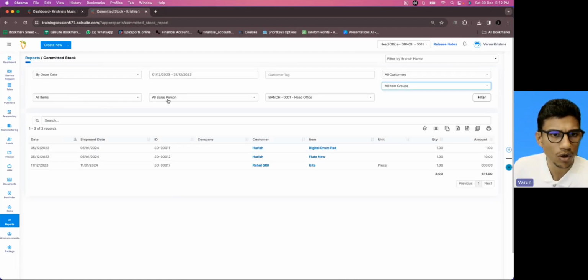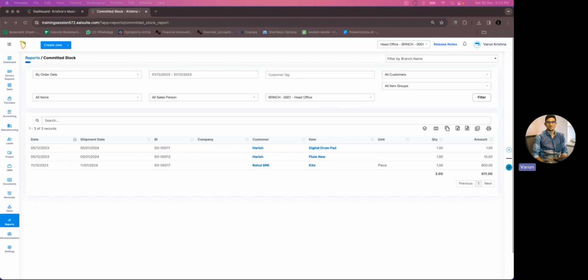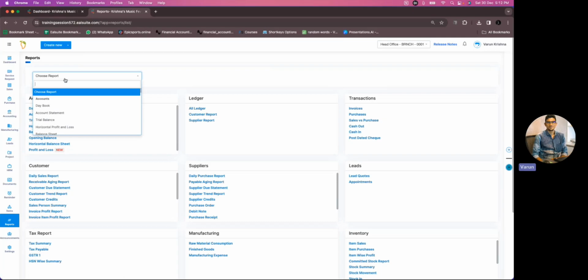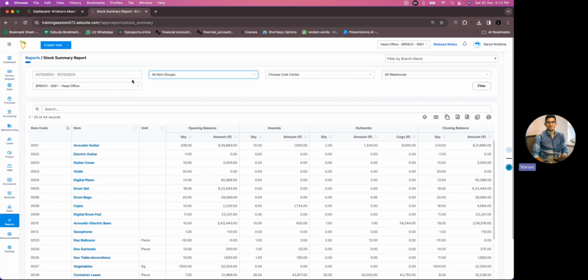Again, here all items, all sales. Then we have item group present here. Similarly, just a second. Yes, the back, all item group. And then, I forgot to show you one last report also. Stock summary, again, all item groups. So in all of these four items,